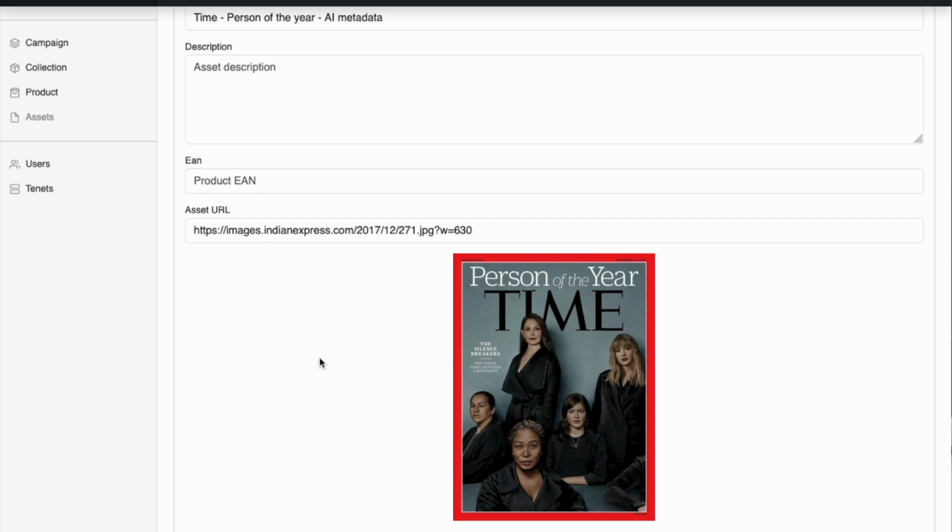This is from, I think, 2017, and what we see here is 5 women, the silence breakers. So it's not obvious to somebody who doesn't know about this story what this is. And this is the key problem that I'm trying to highlight here,